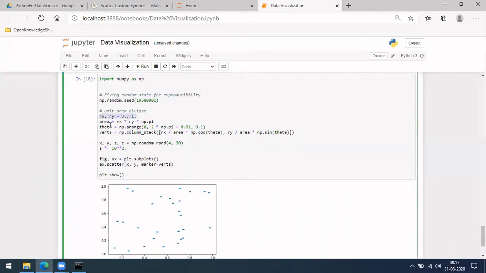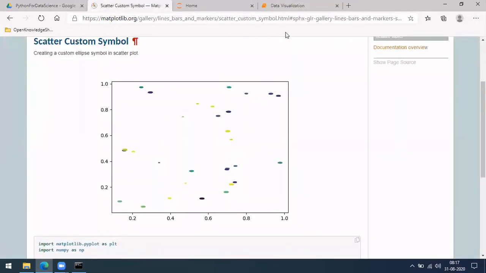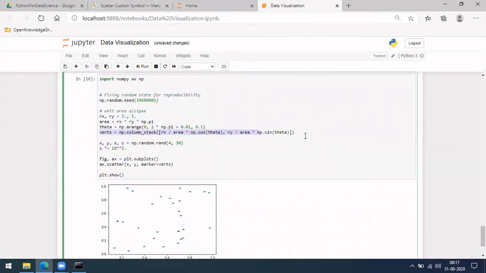So Rx and Ry, they gave some values here, 3 and 1, and they are computing 2 pi into Rx into Ry, and then they are also calculating theta, which goes from 2 till 2 pi with 0.1 as the difference. Next, are they trying to do a circle, something like a circle? It's not very clear over there with that picture.